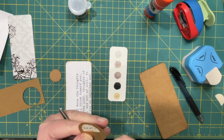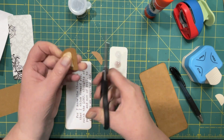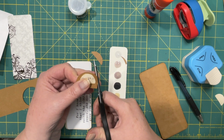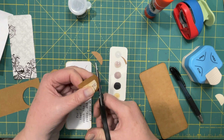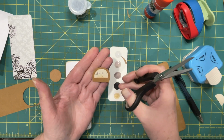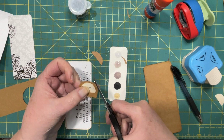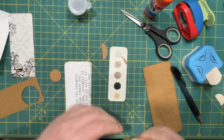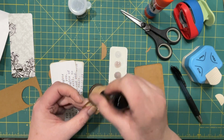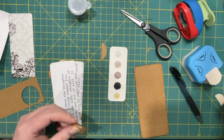So what I did then, or will do, is probably just cut that off like so. And then what I did was I rounded, or tried to, so that the borders would look a little more uniform, and that may have not worked. Seemed like a good idea at the time. Oh, His grace. Alright, so then I'm going to ink this a little bit. And then